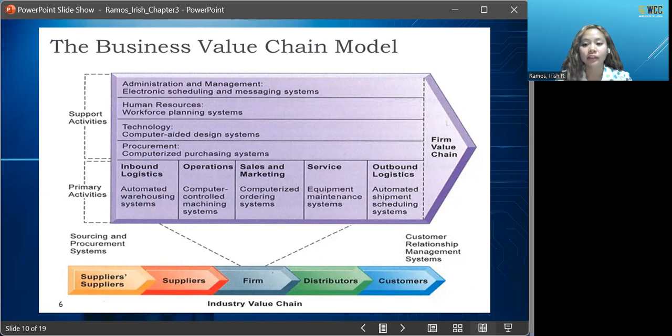Based on the value chain model, these activities can be classed as either primary activities or support activities. Primary activities are the creation and distribution of the business's goods and services, which provide value for the client. Operations, outbound logistics, sales and marketing, and service are among the main tasks. Whereas support activities are the organization's infrastructure, human resources, technology, and procurement that enable the delivery of their primary operations. Each stage of the value chain determines how information systems can improve operational efficiency and improve customer and supplier intimacy.